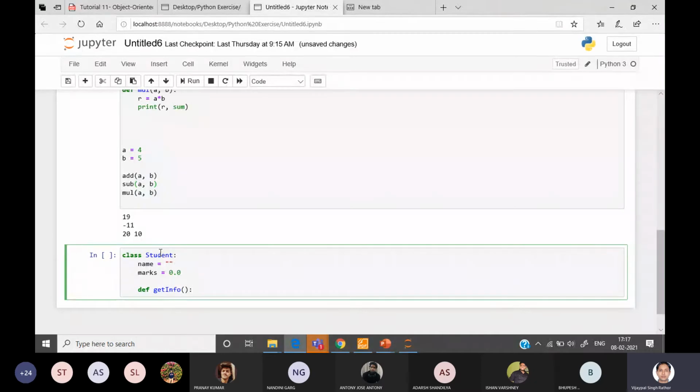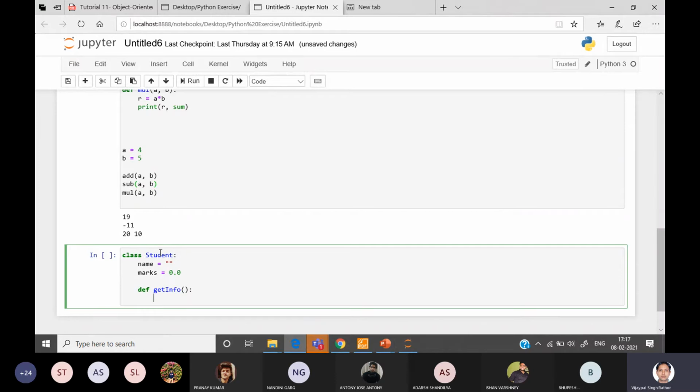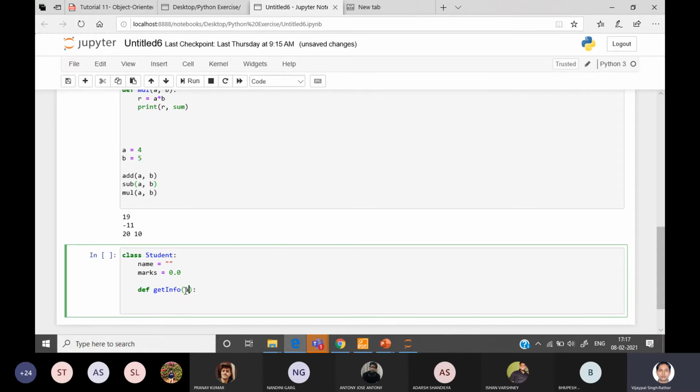If you want to take input for these values, name or marks, you can specify the definition inside the get info function, or you can pass these as arguments, like n comma m. Now if you want to assign this value to name or marks, then you have to use one specific argument called self. What is self?